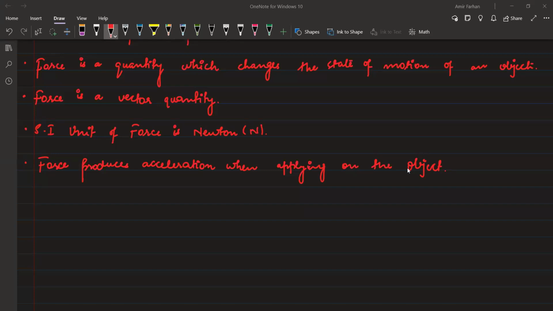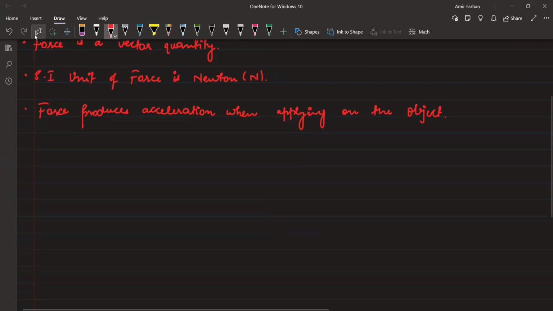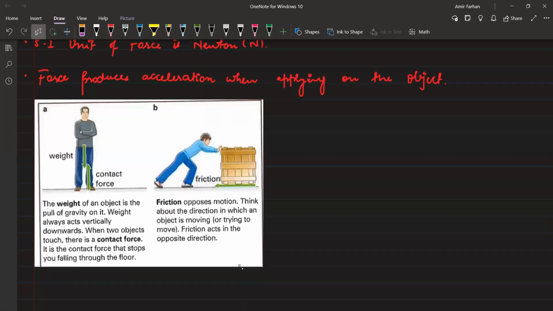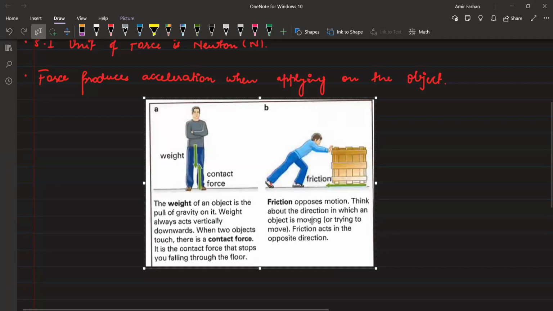Just a second, let me take the snip and show it to you. So Ayaan, we have different types of forces in our universe. I'm going to give you the names of some of them. Okay. And as you can see this thing,